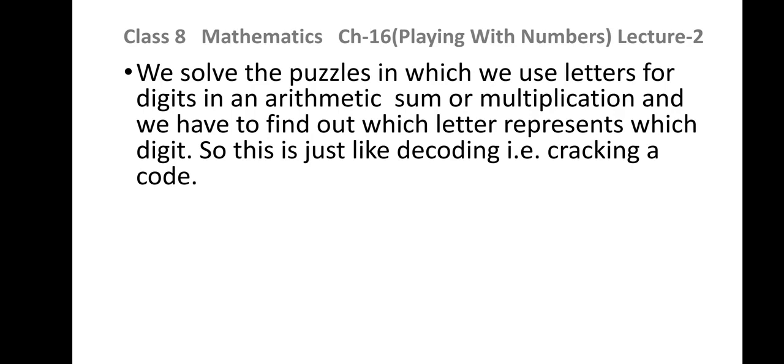Here, dear children, you are supposed to solve the puzzles in which letters will be given to you. It can be Q, P, A, B and C. Using certain rules, you are supposed to find the value of the unknown letters given to you in the question. And we are supposed to solve the puzzles only with the problems of addition, subtraction and multiplication.